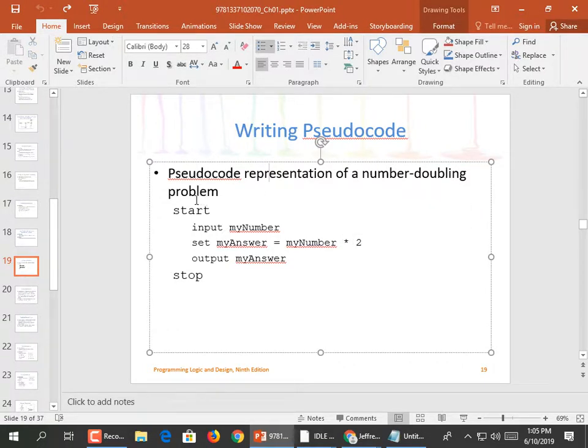Pseudocode representation of a number doubling program. Start, input my number, set my answer equal to my number divided by 2, output my answer. They use 2 different variables there. I just used the same one all the way through. My logic was as good as theirs. Theirs is perhaps slightly better inasmuch as if they later needed to use this original data again, it's still hanging out, right? If now we were going to divide it by 2 or add 2 to it, well,